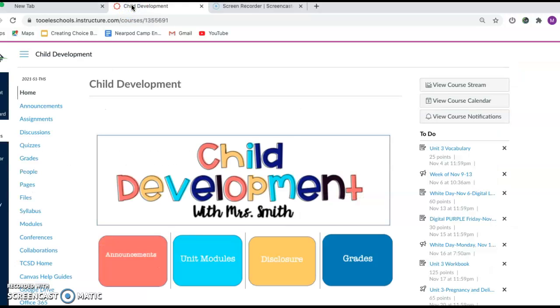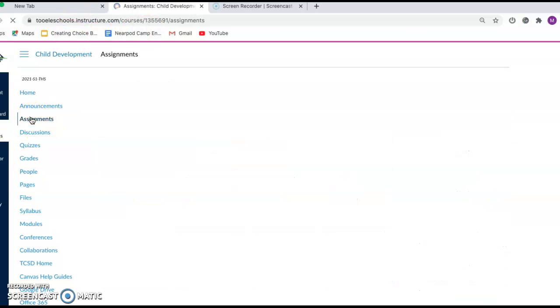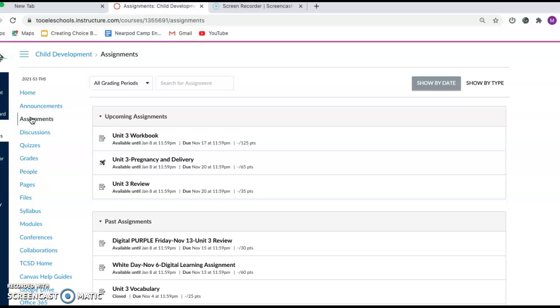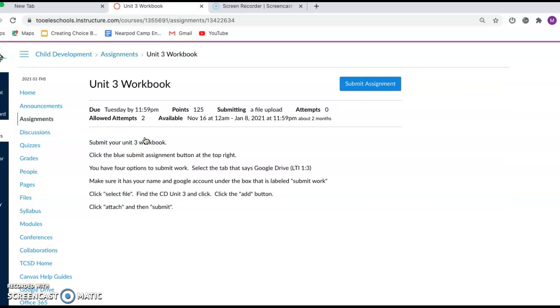If you're still unsure of how to submit the assignment, I'm in student view, and so I'm going to show you how to submit this assignment. It's for my child development class, but it won't matter if you're in foods, foods 1, foods 2, it's all the same process. So click on the assignment, and then you're going to go up here to this blue box